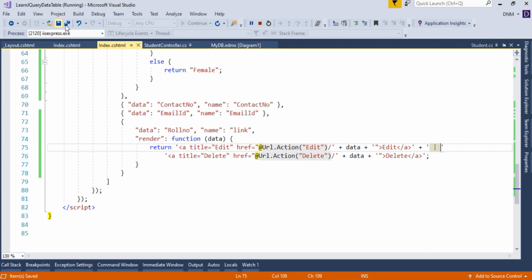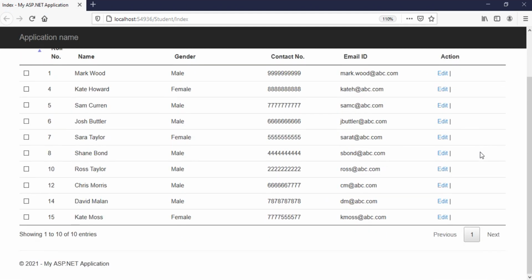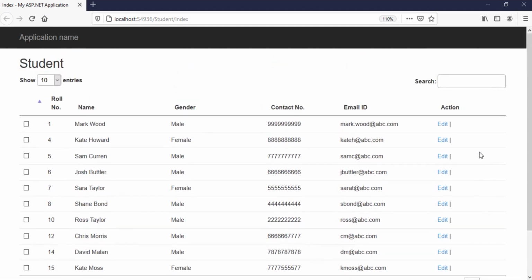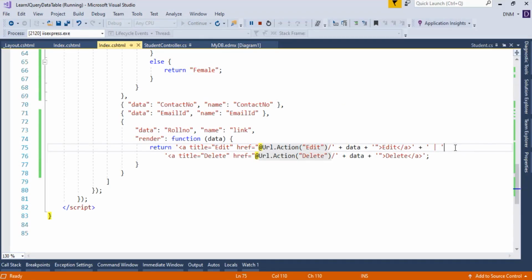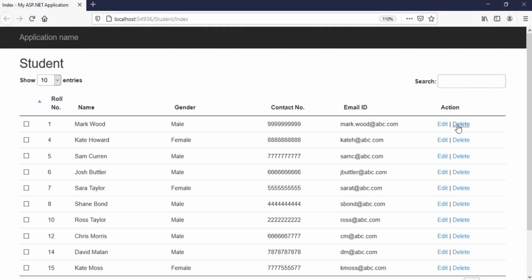Again, I'll save this and again we will check. Something went wrong. Let us check it. Here I forgot to give a plus sign again because we are concatenating the string, right? So let us check it again. Yes, we can see this.